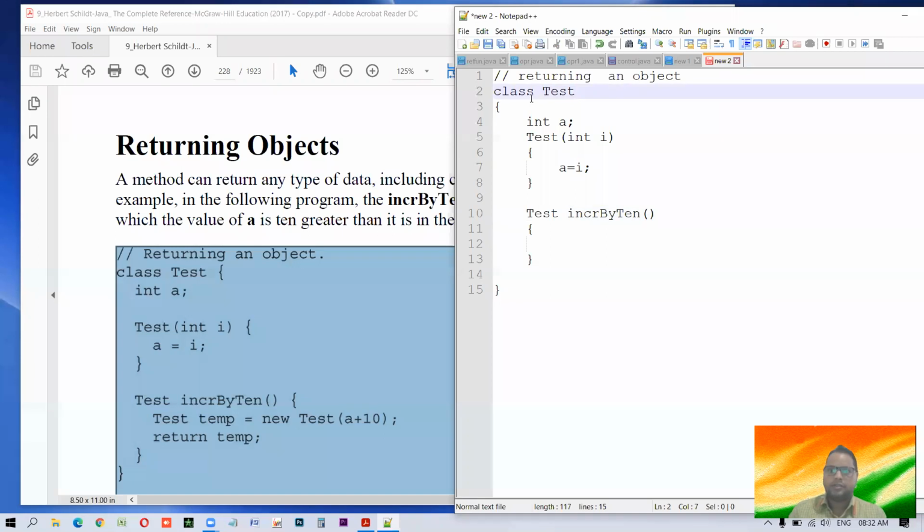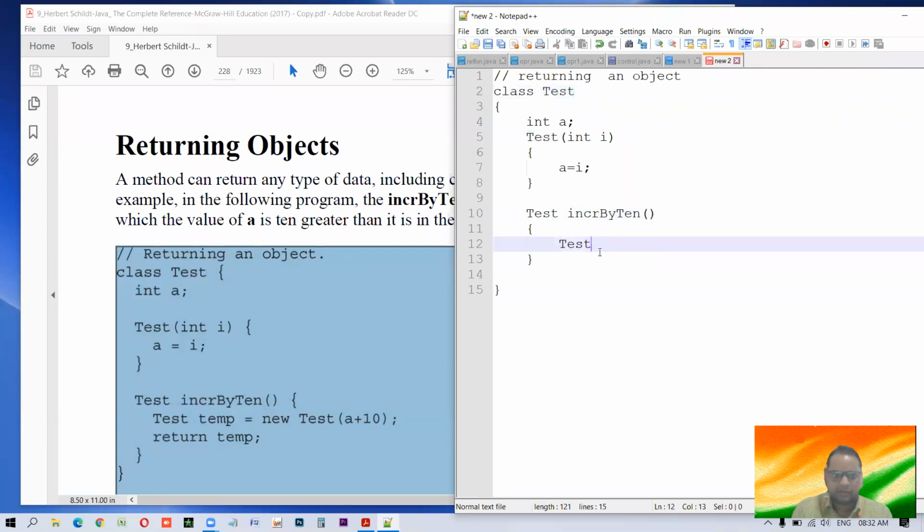It is a user-made data type, we have made it. So when this class is made, we want this function to do some work and return this type, that is, return an object. Let me make this one first. Now here what we are doing: test, and always remember a capital letter because we have made it with a capital letter.